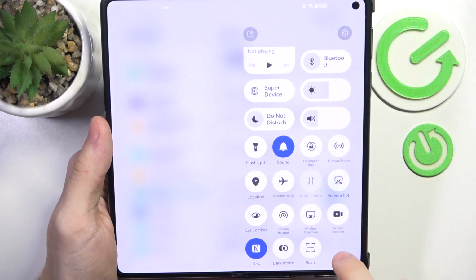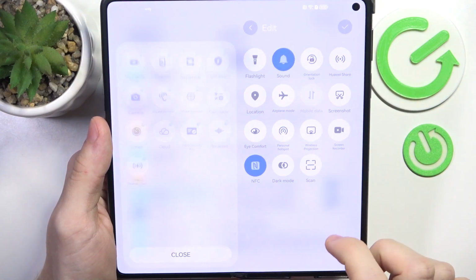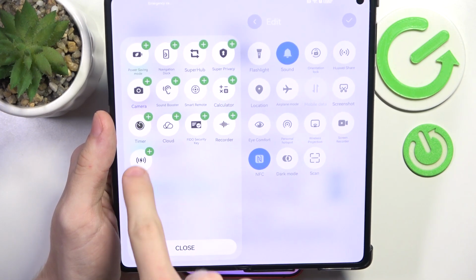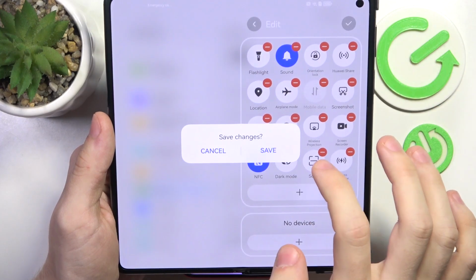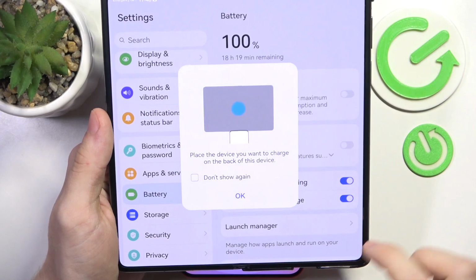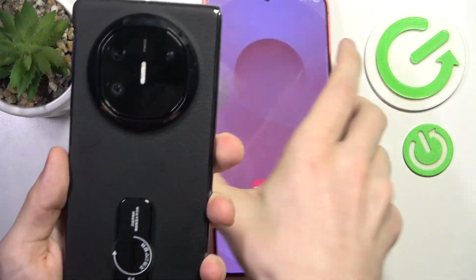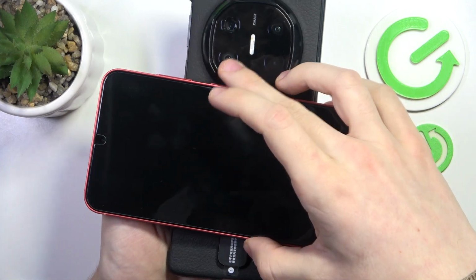So here I don't have it yet, but if I click on the edit button, on different phones it'll look differently. You can click on plus and maybe you can find it somewhere here, like for example here. Now as I exit editing, as I save it, now I can disable or enable it. I have it enabled now, so I'm gonna just put the Samsung on the back of this device